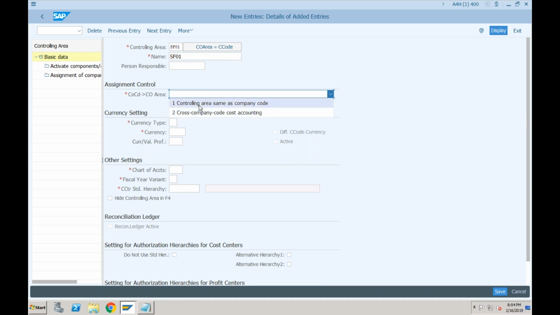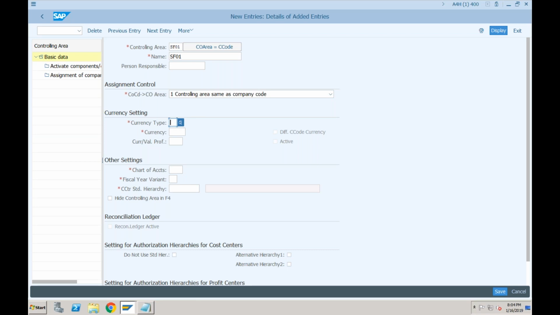Again, the same thing as in ECC, you have these two options. When you create a controlling area, the system asks whether this controlling area will be shared with multiple company codes or is going to be one-to-one. As of now, I'm saying one-to-one.